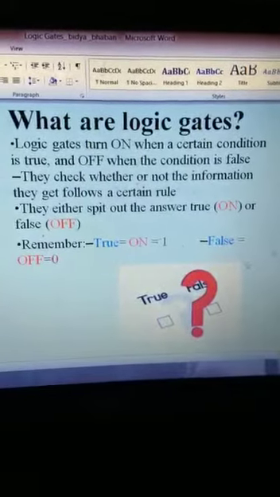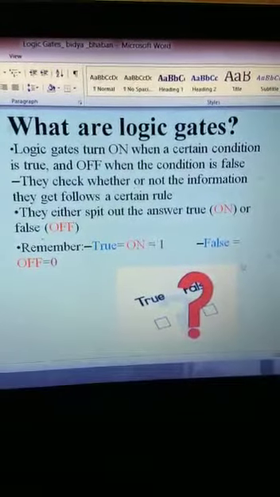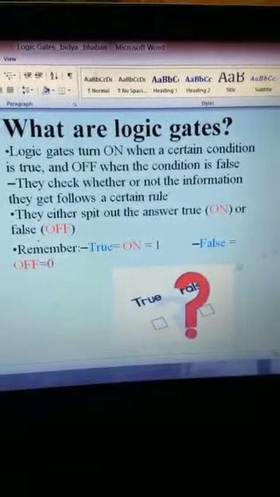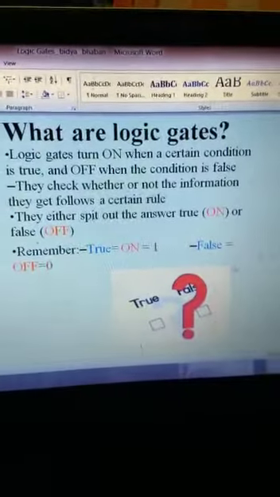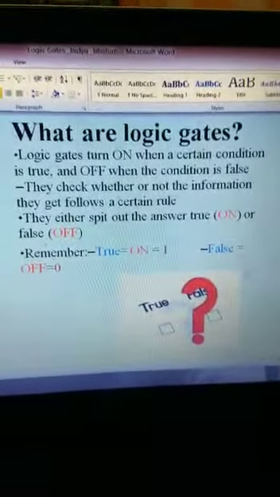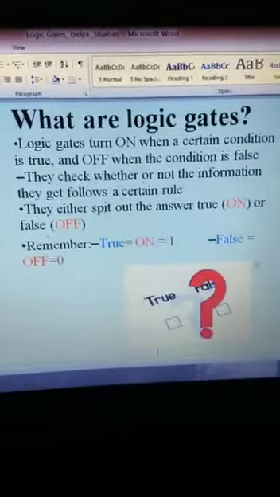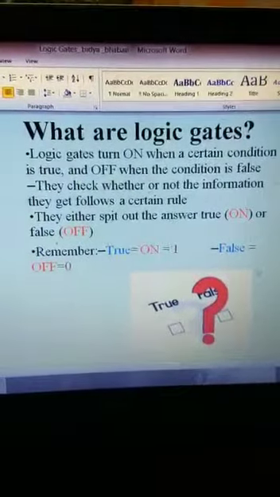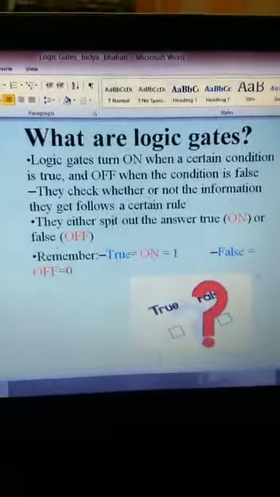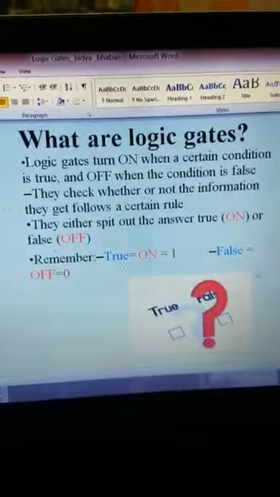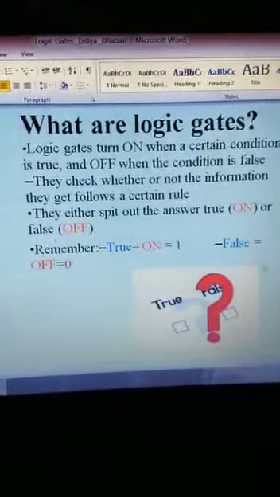If you want to give 0, you have to switch off. Through the switch off you are giving the false value. The false value is 0 and the true value is 1. When you switch on, you are passing the true value to the circuit.